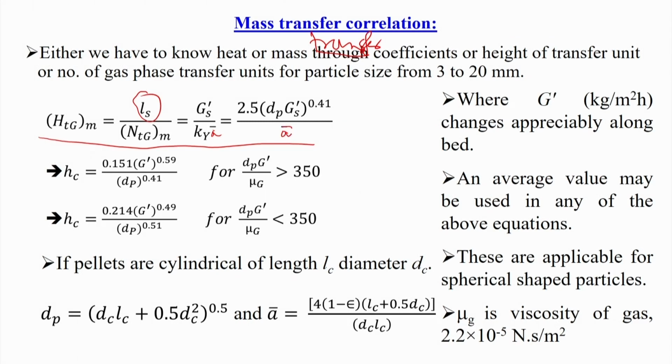And Hc is equal to 0.151 into g prime to the power 0.59 divided by dp to the power